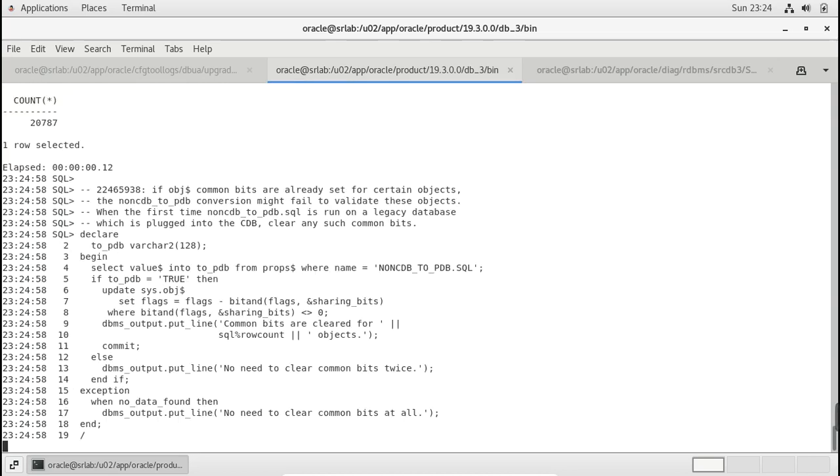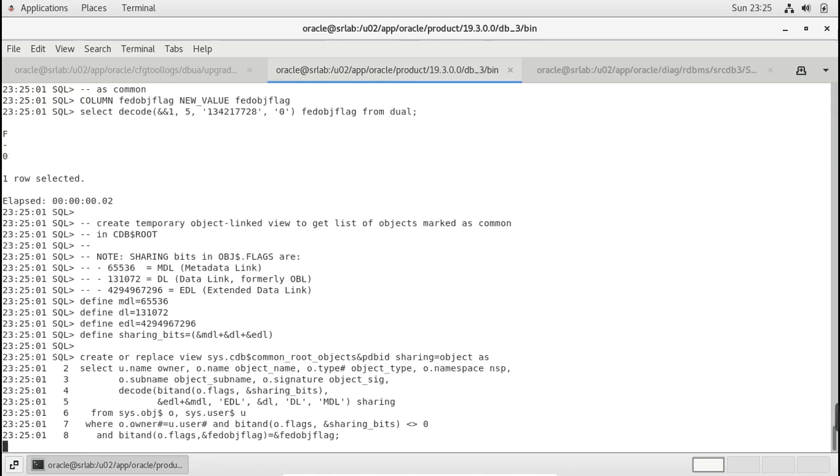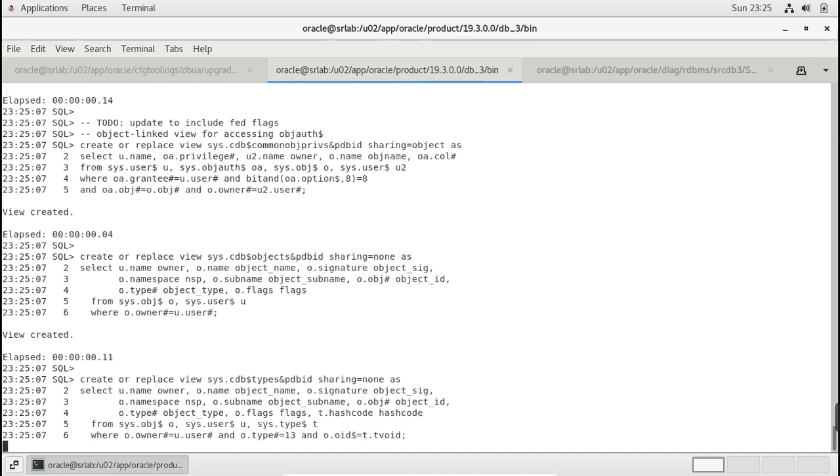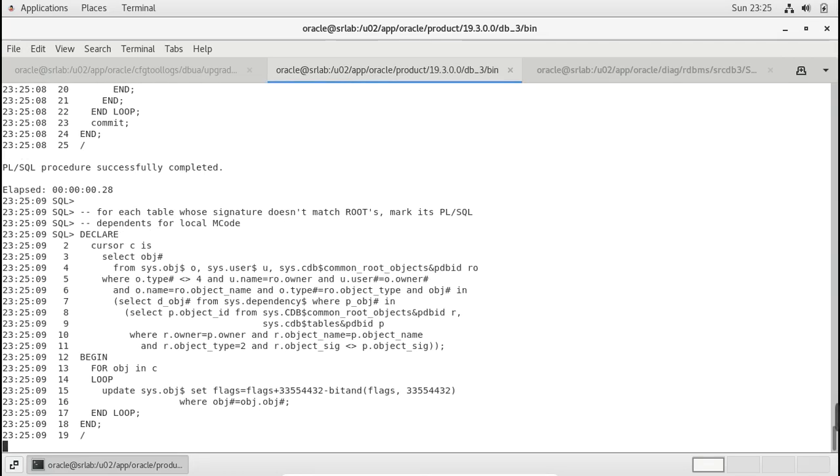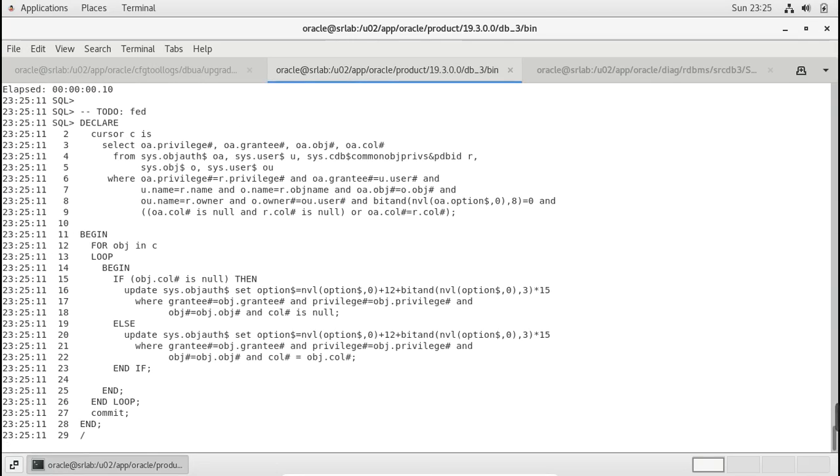So now the script is executing. It should be run prior to upgrade, and after upgrade also should be fine. It's running, and once it is completed, the restricted mode will be disabled. It should be no.